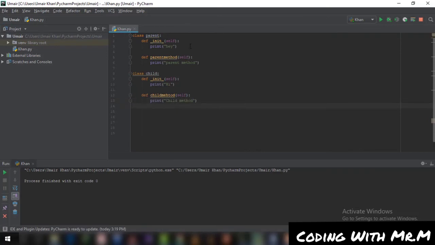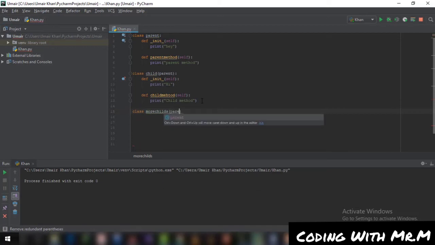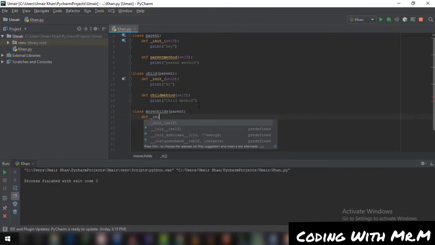And now we need to derive it as well, so I will just put in brackets here and put this parent over here. So now I will define another class named MoreChild. This MoreChild is also going to be derived from parent, which makes it hierarchical inheritance, and this is going to contain two functions. The first one is going to be the initializer constructor function